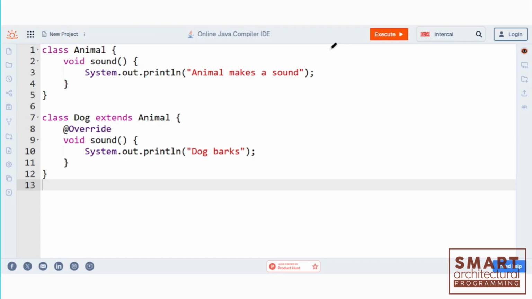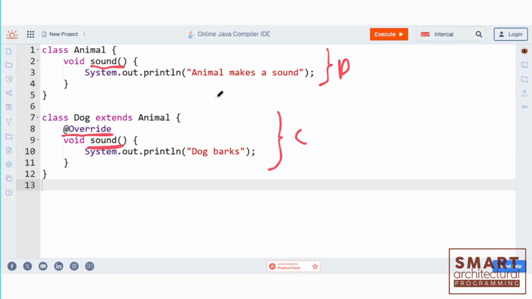So again, this is what we have. This is the parent class, and this is the child class, right? First, let's just define that right out of the blue. So when we have these two classes here, we defined the sound function for an animal in the animal superclass, or the parent class here, and we have defined the same method sound in the child class, right? But you'll notice we use this @override keyword right before we define the sound method again in the child